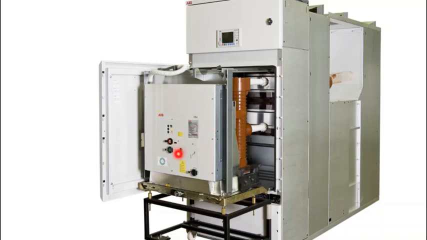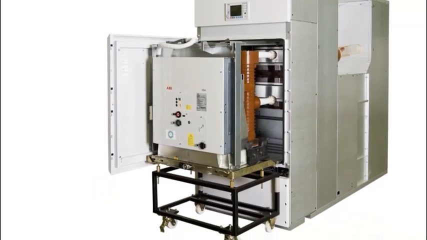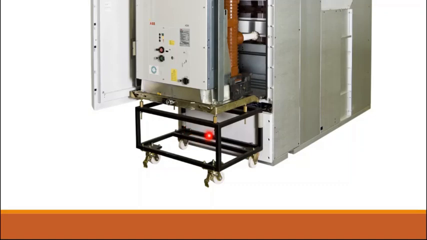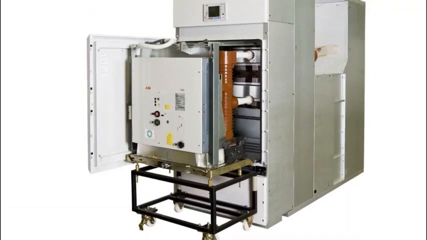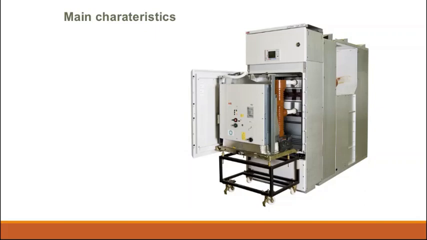This red and green are push buttons for operation, either closing or opening operation. This is for spring charge purpose, and this one is used to draw in or draw out, otherwise rack in or rack out, to put the breaker in service position or test position. This is the breaker trolley. When we take the breaker outside, we can use this stand to hold the breaker. This is the general breaker I have taken for explanation purpose.